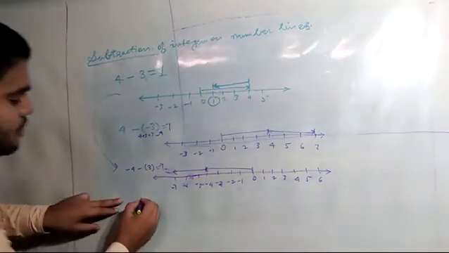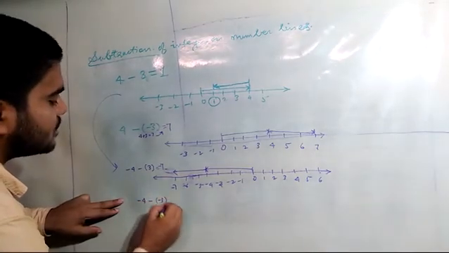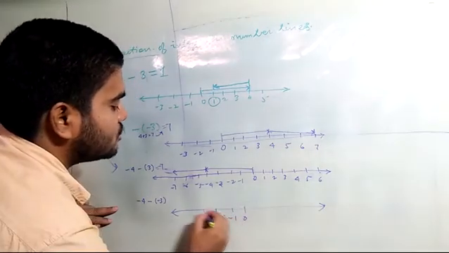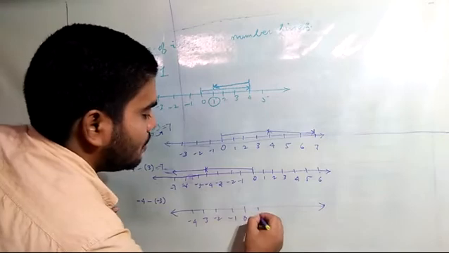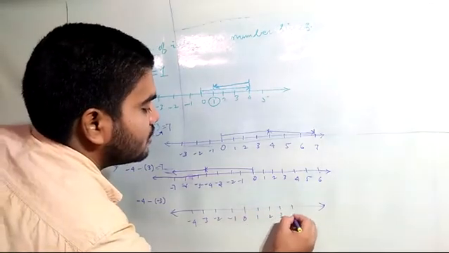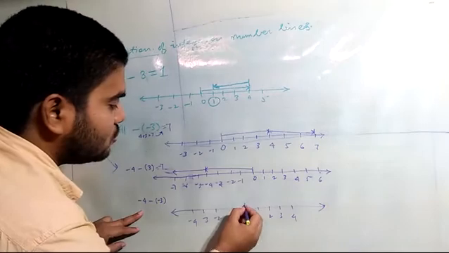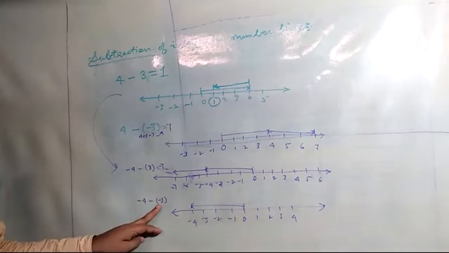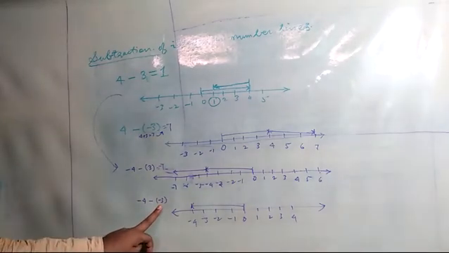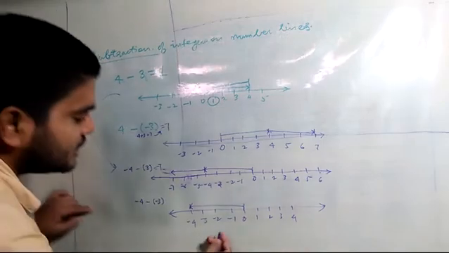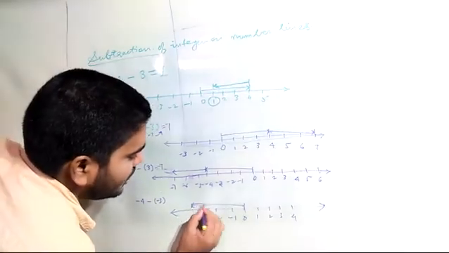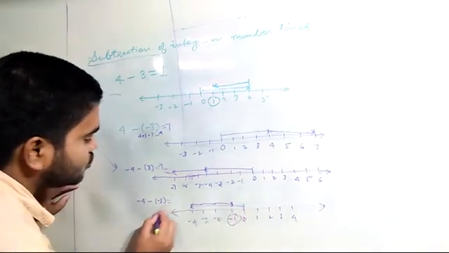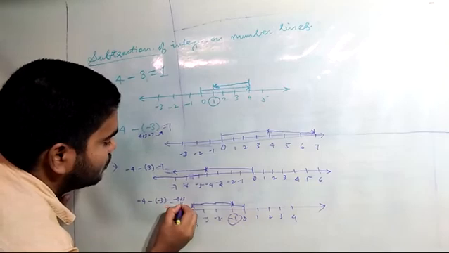Now when you have another number minus 4 minus of minus 3, then what you are going to do? Again 0, minus 1, minus 2, minus 3, minus 4, and 1, 2, 3, 4. Now minus 4, 0 to minus 4 up to here. Then minus of negative number. When we are going to subtract negative number, we will be moving towards right hand side. Right hand side means from here only 1, 2, 3 units. So my answer will be here minus 1. If you see this one, it will be minus 4 plus 3 equal to minus 1.